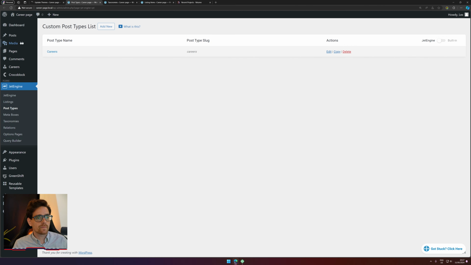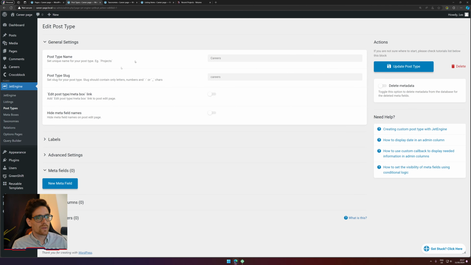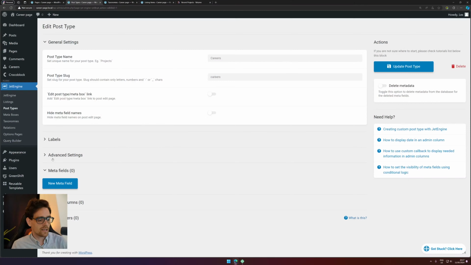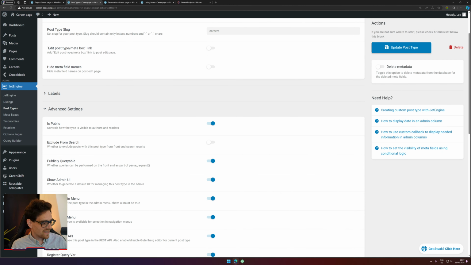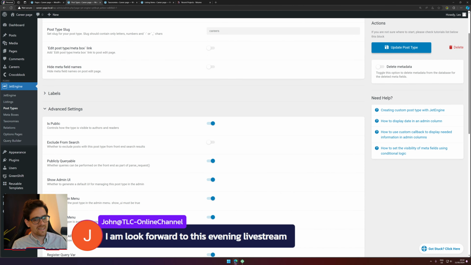As you can see, here is the post type careers, and if we open it up, you will see that we have set up our careers. We also did a little bit of changing of the position of the careers, because by default it will be put underneath JetEngine, and I put it up here because it's nicely neat. All there. And in the advanced settings,